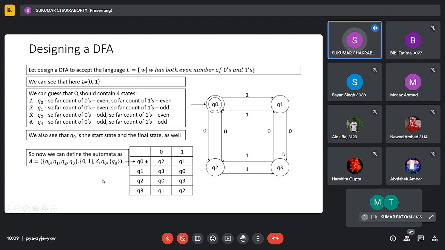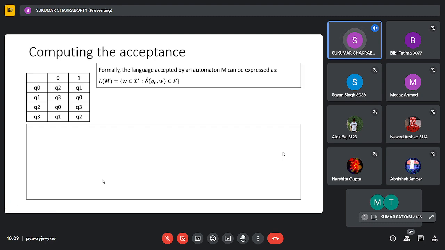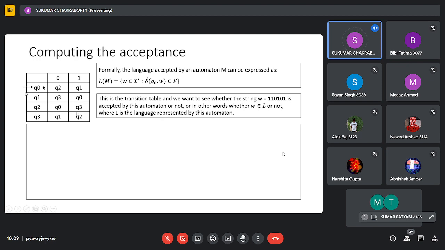So I'm not reiterating all this stuff, but this is how we compute the acceptance automatically, step by step. That means you can write a program to compute the acceptance or rejection of a string by a machine. So the program is fed the initial parameter, this table, this transition function, which defines the number of states q0, q1, q2, q3, what the input symbols 0 and 1 are, and at each step, given an input, what will be